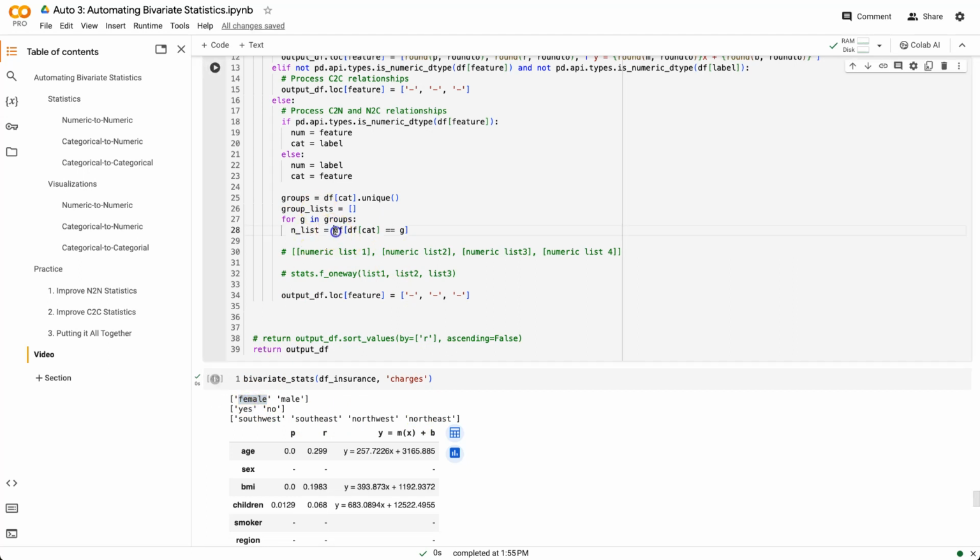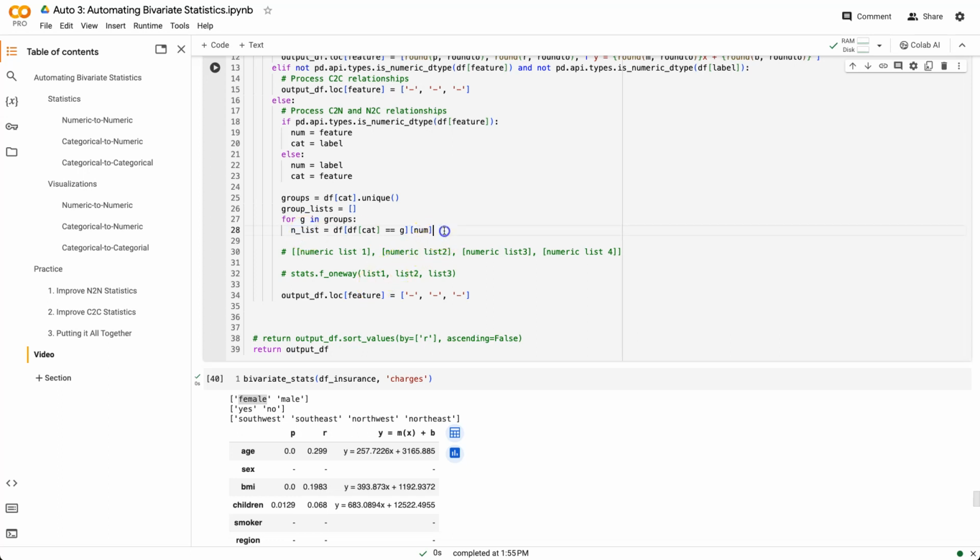It's saying go into the data frame, and where the categorical value, which is going to be sex, where sex is female, that's what this is saying right here, where df sex equals female, return the entire list of numeric values. So this says go to the numeric column, which will be charges, and get a list of charges